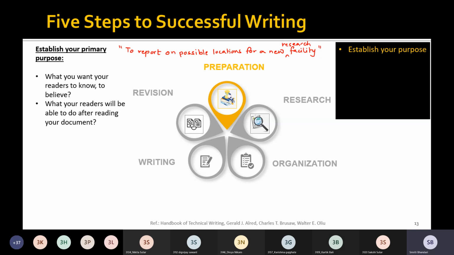The purpose we may write is: to report on possible locations for a new research facility. This is the purpose for our document.